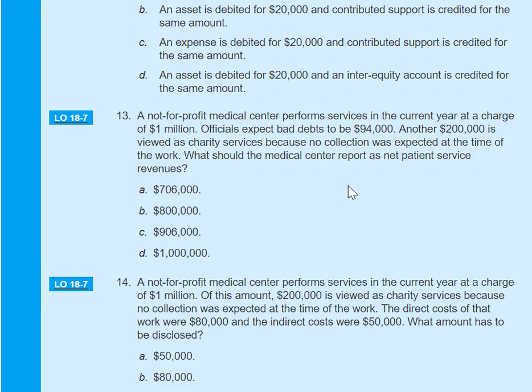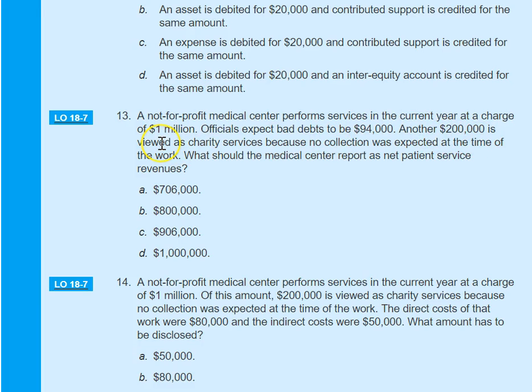So apparently the total amount of service that they performed or provided is equivalent to $1 million. But when you think of net patient revenue, you have to subtract all those bad debts or write-offs. That means you are not able to collect it. And of course, this charity service is a part of it, because these types of charities usually provide to those individuals who have no ability to pay, and they actually don't collect those. So they should not record that charity part. That means this bad debt they will not be able to collect. So this 94,000 and this 200,000,